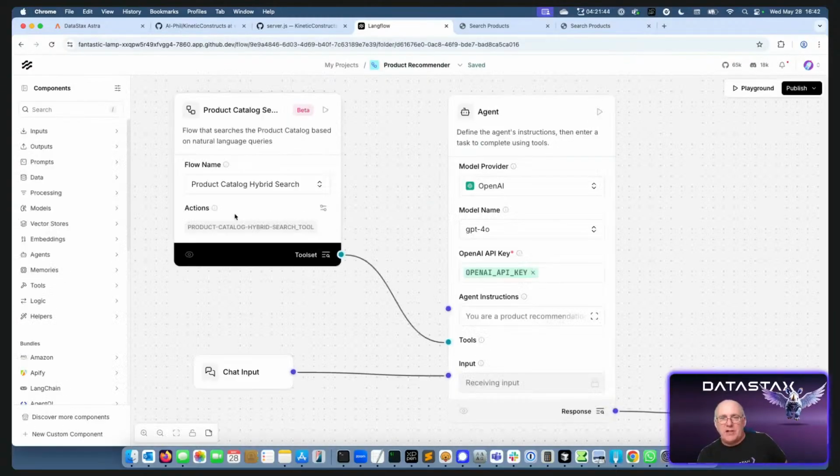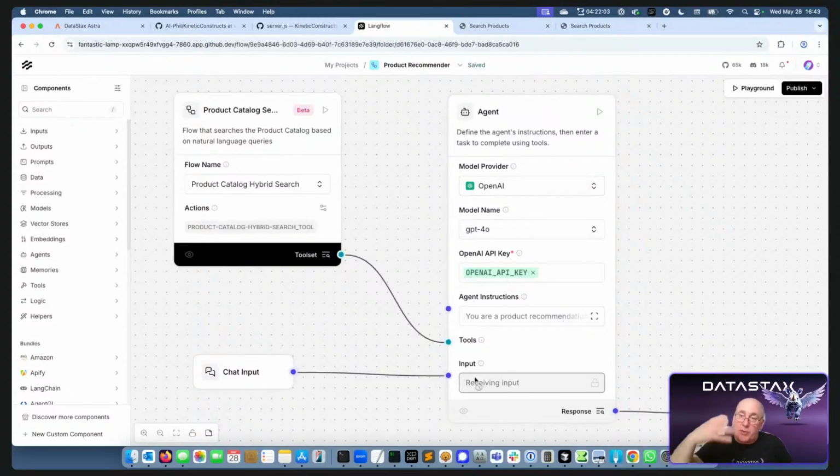So what we have here is the actual chat flow, where we are using that previous flow I just worked through as a tool that we're giving to an agent. So now the user's real query goes into here. The agent takes that current user query, combines it with the previous context within the chat to form a query that it passes to the product catalog search. It gets all of those results back with the full documents, and it understands, of the documents I've gotten back, here are the ones that are most relevant to the query,